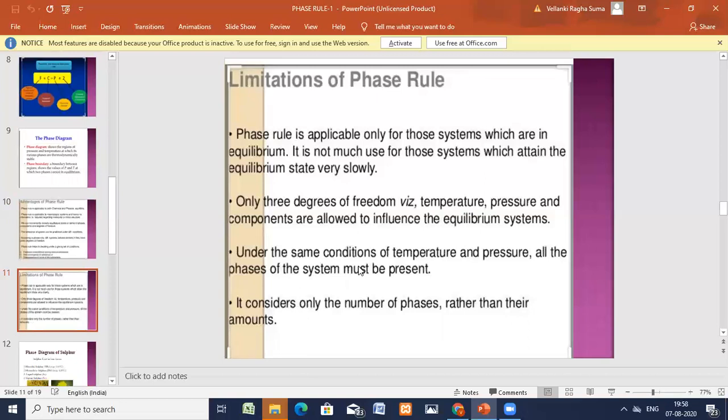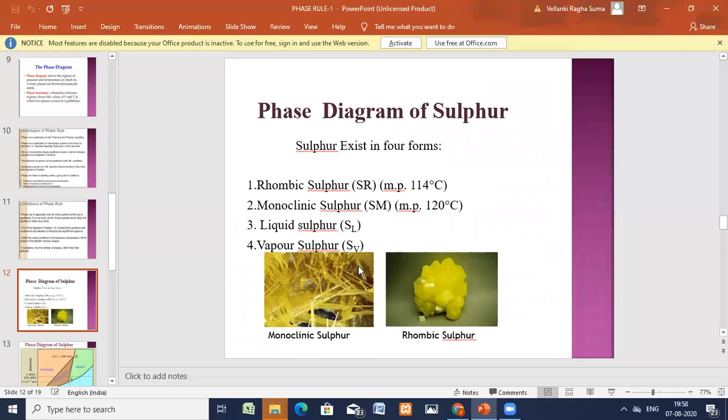Now I'm going to give you the explanation of a one component system. In the previous session I explained about the water system, and in this session I'm going to explain the sulfur system. Equilibrium. So first, before the phase diagram of sulfur is discussed, a system is said to be in equilibrium if the properties like temperature, composition, etc. of the various phases do not undergo any change. So you will have true equilibrium and metastable equilibrium, and that we will see in the one component system.